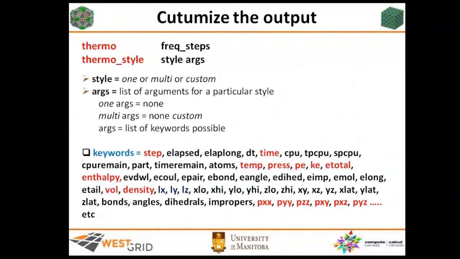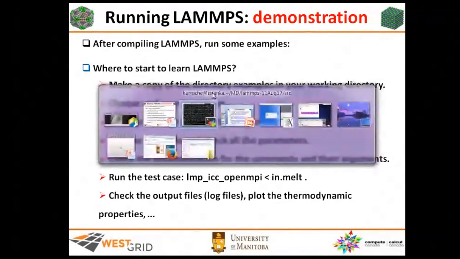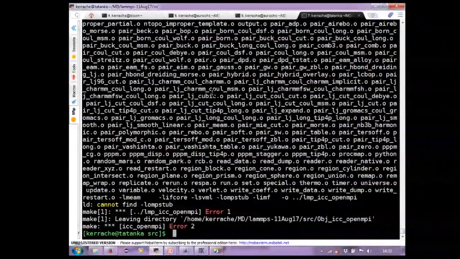For the output, there are some keywords. If you want, for example, to have the pressure, just use press. This is potential energy, kinetic energy, total energy, and so on. Now I will just run a short test. I have to switch back to